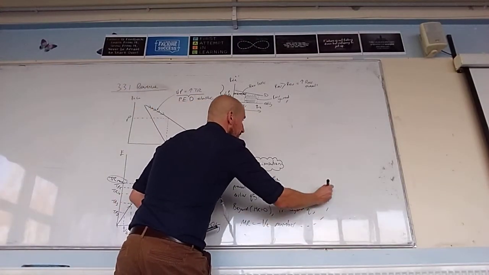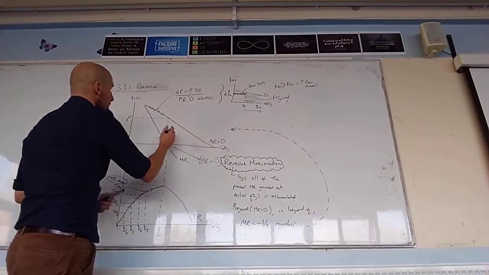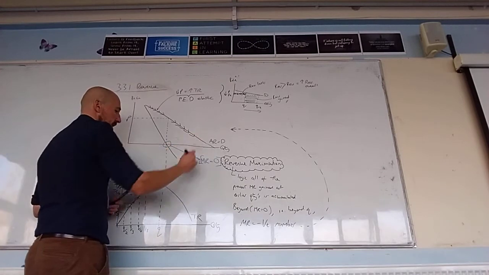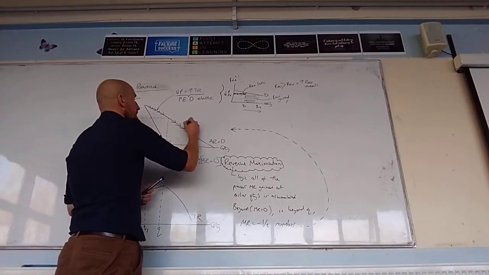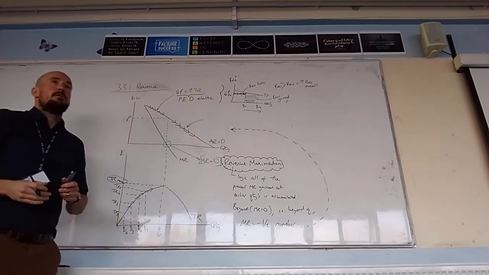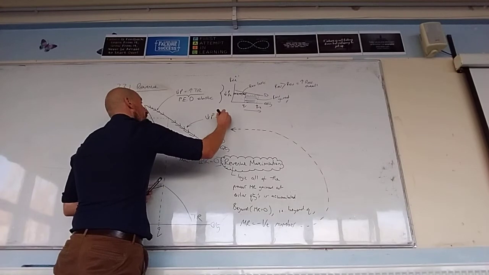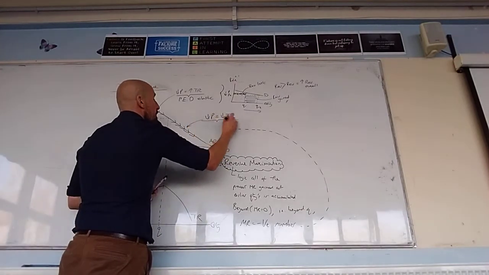If we go back to this idea of elasticity, in this area of my diagram, I'm still lowering price, but total revenue is falling, which means that this part of the diagram must therefore be described as PED